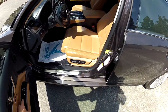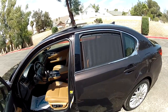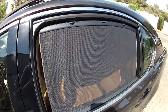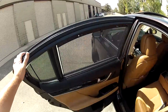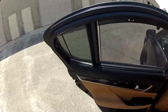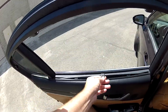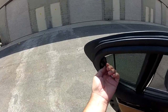Let's roll the window down. It's a 105-degree day today, so it's very hot. So I'm going to start by showing you. This has these minivan style window blinds in the rear seat for the rear seat passengers. So, you know, you thought about buying a minivan, but you don't want to give up your image, so you're still driving in a car. You got the minivan style window shades here that you can roll down or roll up, side window shades, and